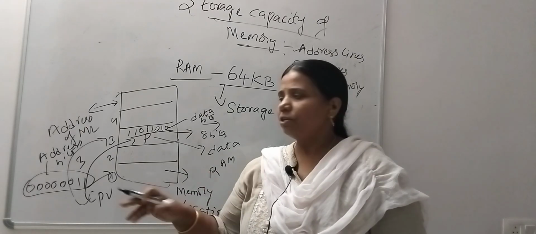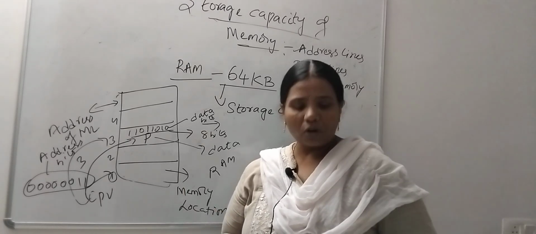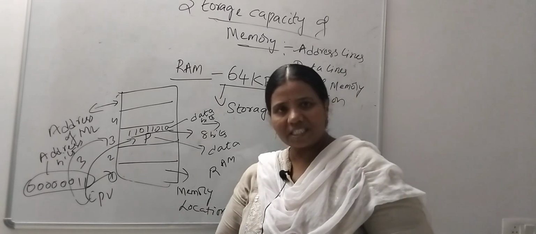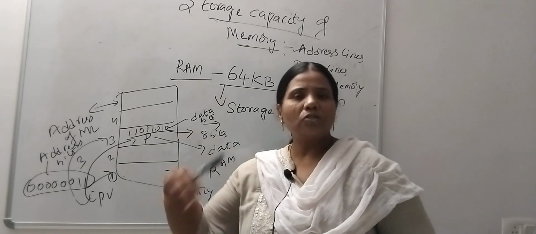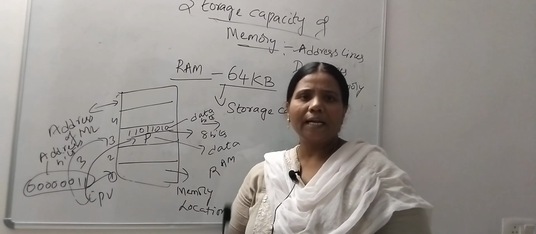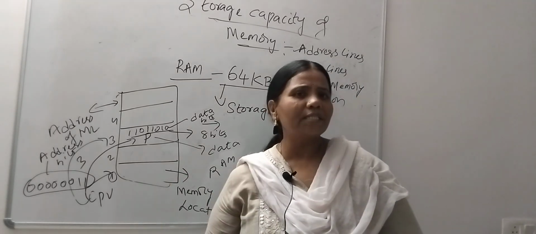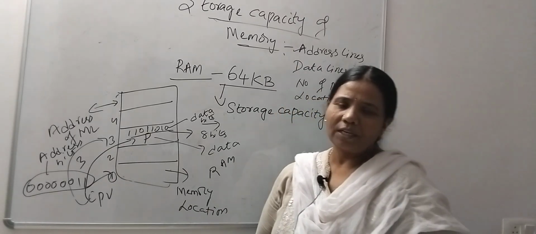Because in each location you are storing the data in the form of 8 bits, it is expressed in the form of a byte. It is not compulsory that it should be 8 bits, it can be 16 bits or 4 bits or 9 bits depending upon the design of the memory circuits. But 90% it will be 8 bits only. In some cases it can be 16 bits, 10%. It depends upon the designer.